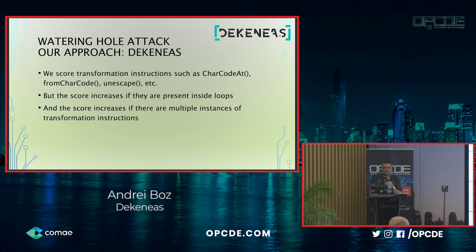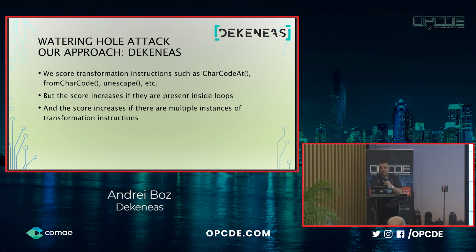The score also increases if there are multiple instances of transformation instructions. For instance, in order to apply multi-layered encryptions, they use certain different instructions in the same code. If we see many transformation instructions in the same code, or many iteration instructions in the same code, we increase